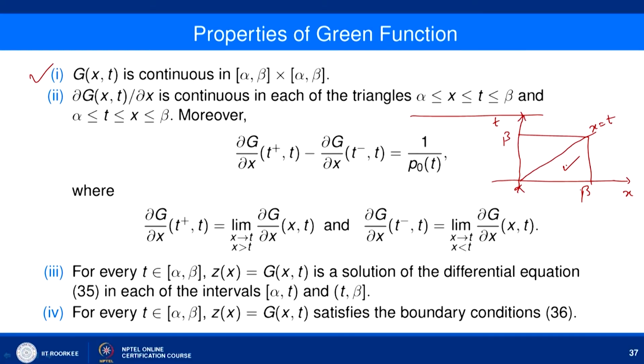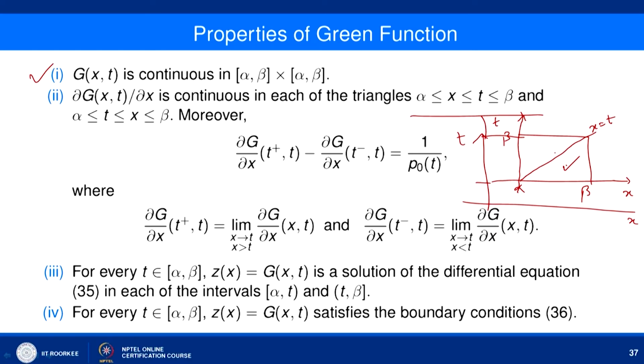So, x is from alpha to beta and t is also from alpha to beta. So, we are writing it here. So, it is somewhere here. So, x axis and t here. So, this represents alpha and this represents beta. Now, what is given here is that in this whole rectangle g(x,t) is continuous, and the second property is